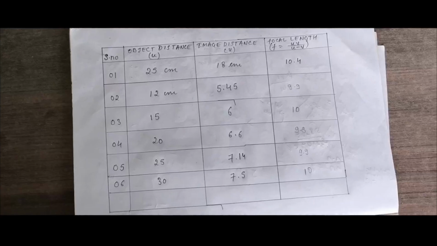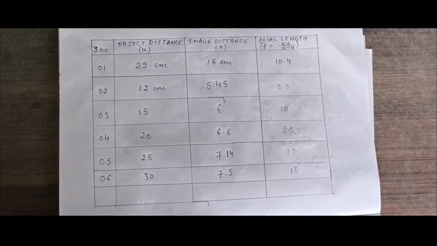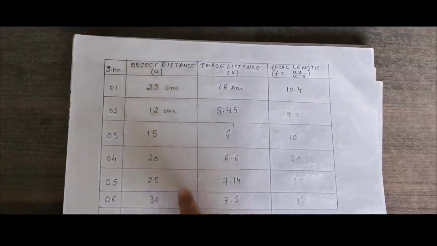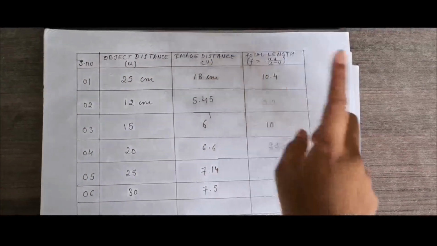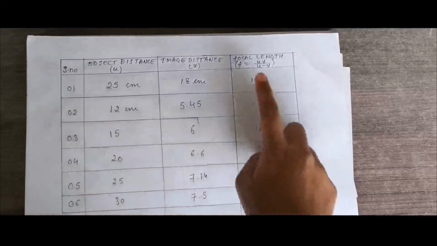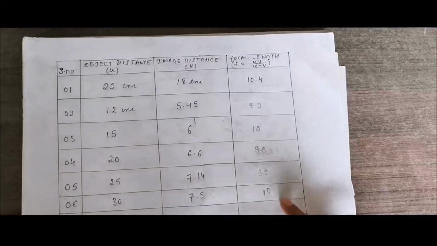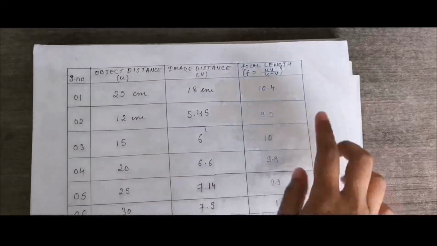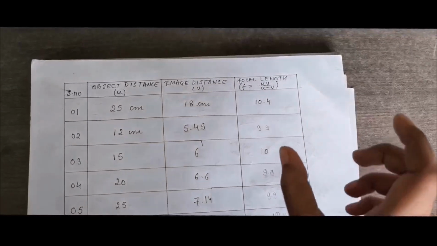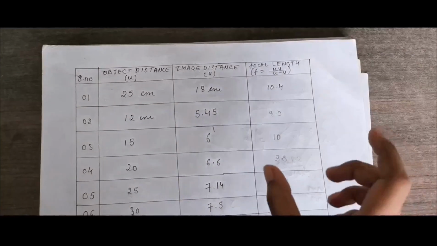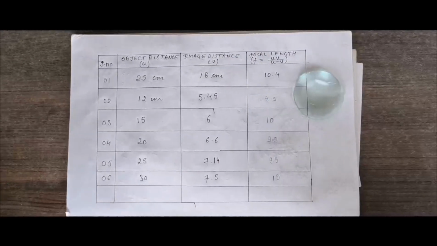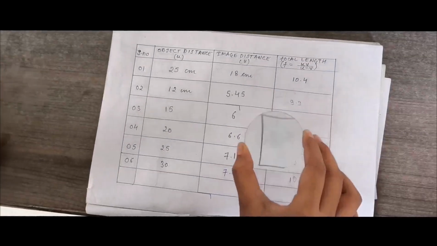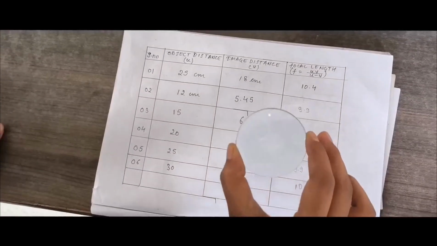Now, throughout this experiment, we got these readings. We put the object distance u at these points and the image needle at these points. And with this formula, we got the focal length. You might not get accurate focal length, but the nearest ones tell you that the particular convex lens is of that particular focal length. Now, with this experiment and all these readings, we can conclude that this convex lens that we used is of 10 centimeter focal length.